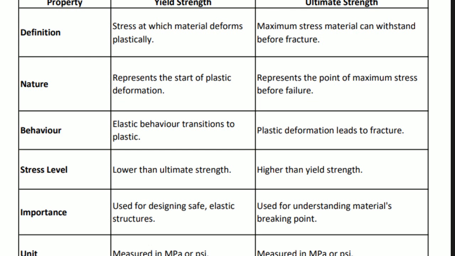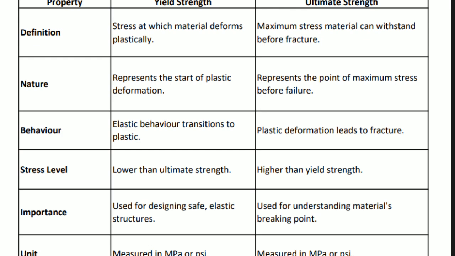As an example in construction, for steel, if we have an Fe 500 steel bar, that means the yield strength is 500. Fe 500 means the yield strength is 500. It is not the ultimate tensile strength, it is the yield strength. The steel's breaking strength may be 650 or 600 or 670, whatever, but it is always greater than the yield strength. So these are all the differences, or the comparison table.